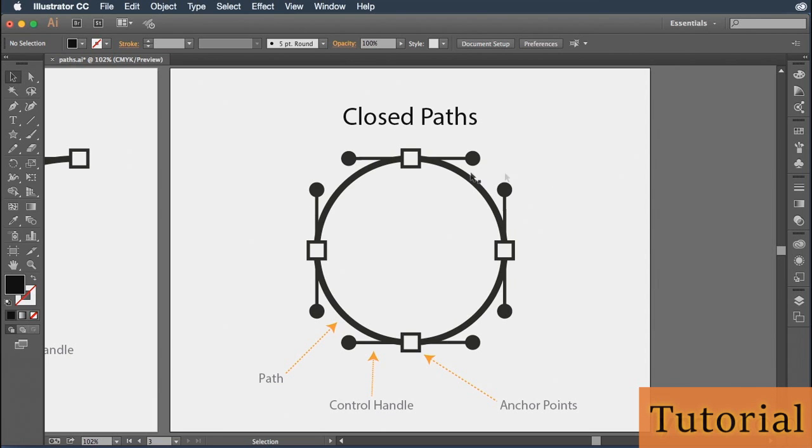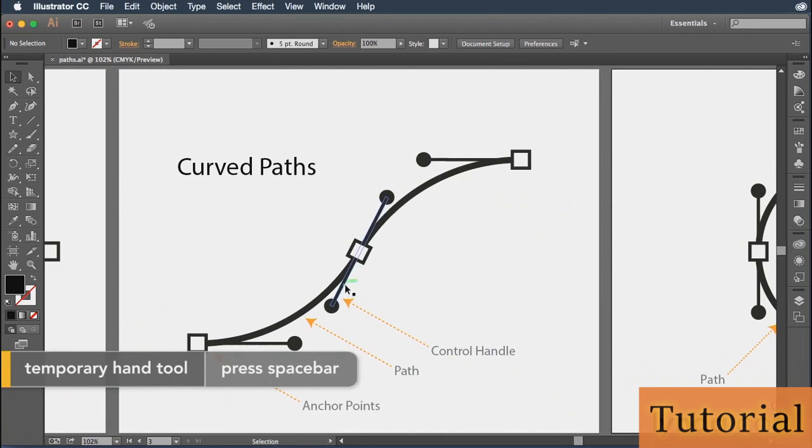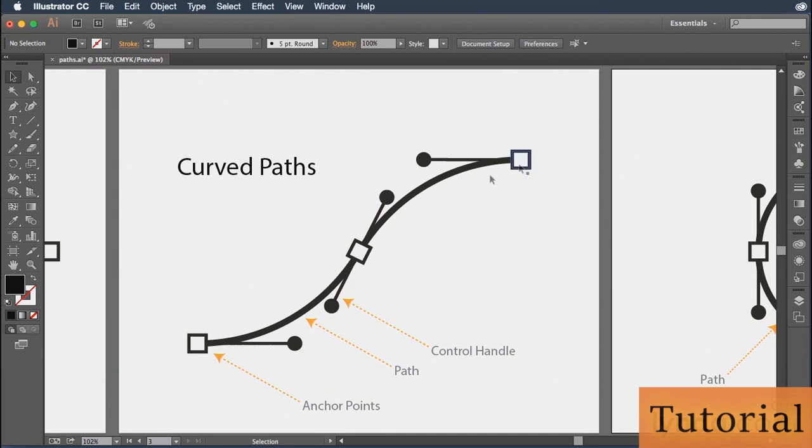So for instance, if I was drawing a circle, it might start at this point, go all the way around, hitting all these points in between, and then stop back at the start. That closes the path and allows me to fill the inside of that path with a color. Now, there are times when you can apply color to certain objects that are not closed paths. For instance, this curved path over here could technically have a fill color applied to it, but the color would only show up in the areas where the curved segment dips up or down. And that's because the color basically has nowhere else to go, so it's going to try to fill in the gaps of those curves. Otherwise, the fill color is only going to reside inside of a closed path like the